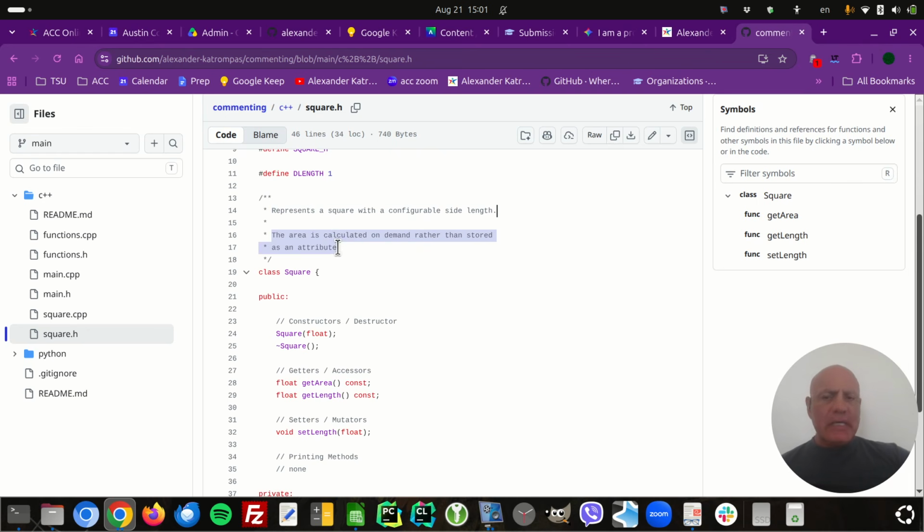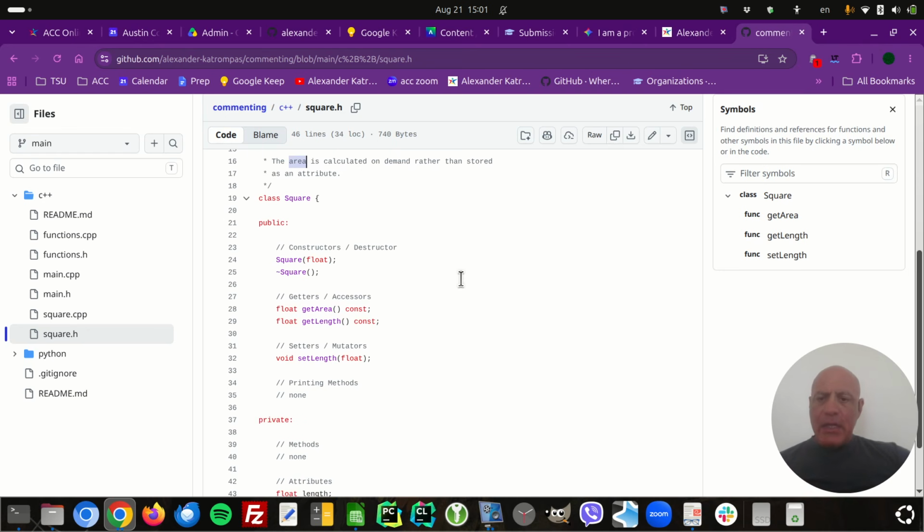And then it gives you a little extra piece of information here for something that might be a little unusual or different, or maybe something another programmer would read and find useful to know. And in this case, what it's talking about is the area is not an attribute; it's calculated on the fly. So it's just other information that you may not be immediately aware of when you just look at the header file itself. All right. So now here we have these are required. I'm going to stress this.